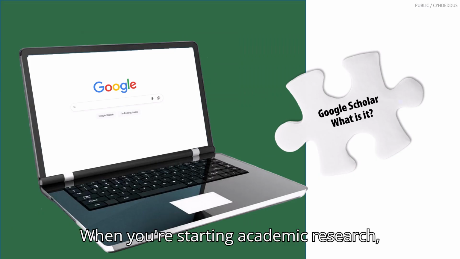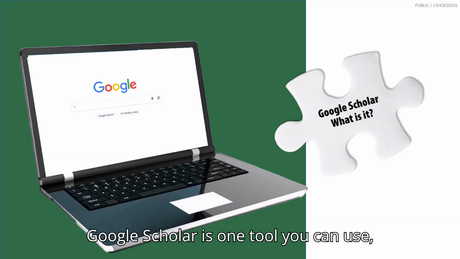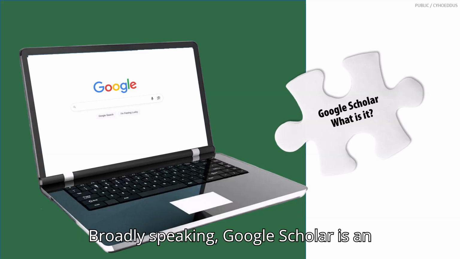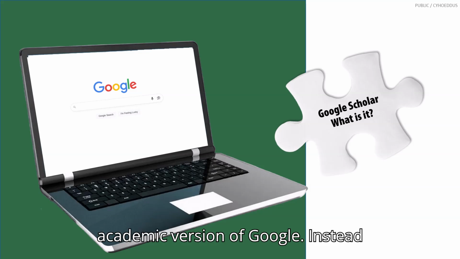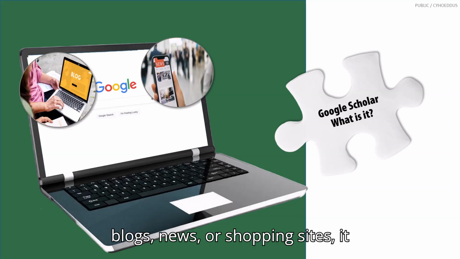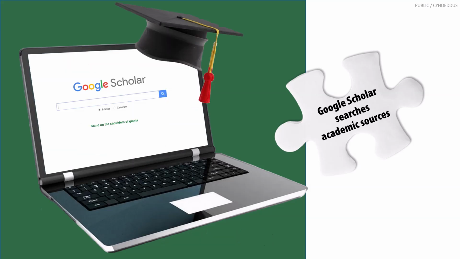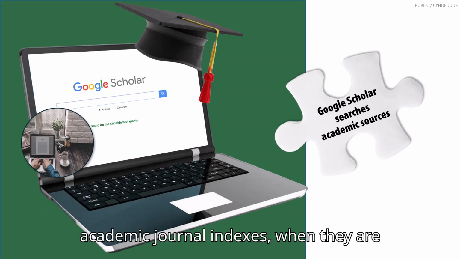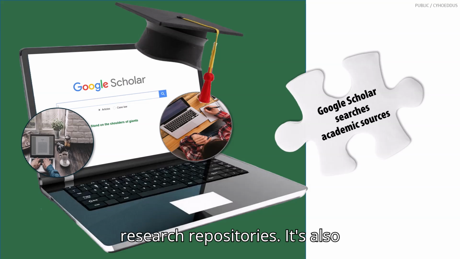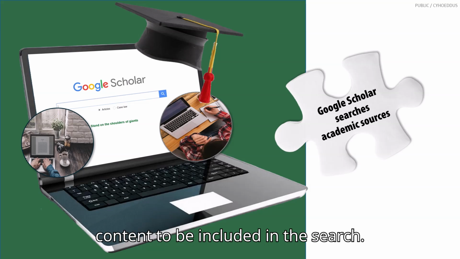When you're starting academic research, it can be hard to know where to start. Google Scholar is one tool you can use, but what is it and how should you use it? Broadly speaking, Google Scholar is an academic version of Google. Instead of searching everything on the web, like blogs, news, or shopping sites, it focuses on scholarly content. That means it searches things like academic journal indexes, when they are freely available online, and university research repositories. It's also an invitation-based search engine, which means publishers have to ask for their content to be included in the